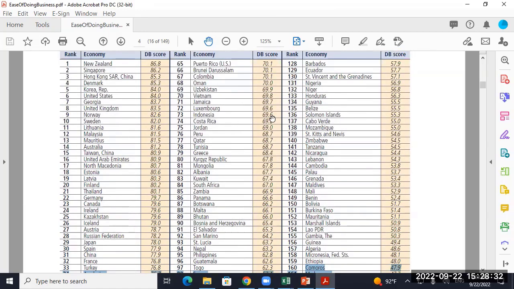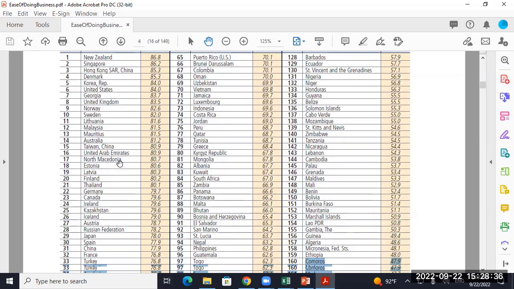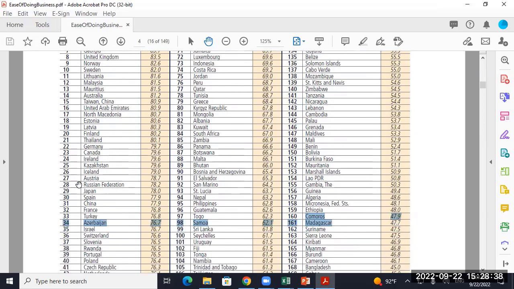There's my Costa Rica, ranked 74th. I don't know where Russia is in here. So Russia's the one where Putin looked at this list and he found artificial ways to get his country ranked higher. He didn't make changes, he just reported changes so they could move up the list. So there he is. Hey, there's France right there, 32nd.